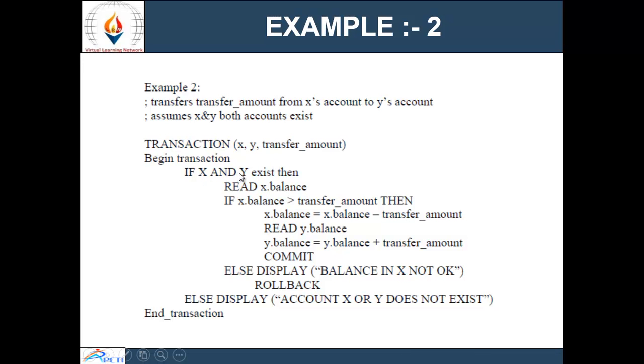In this, first of all, we check the availability of both accounts. If X and Y both exist, then we read the balance of X. If the balance of X is greater than the transfer amount, then we will deduct the transfer amount from the X account, and we will add this transfer amount to Y's balance.